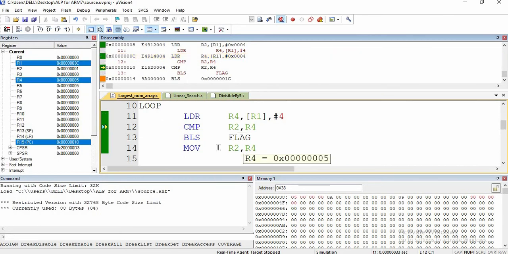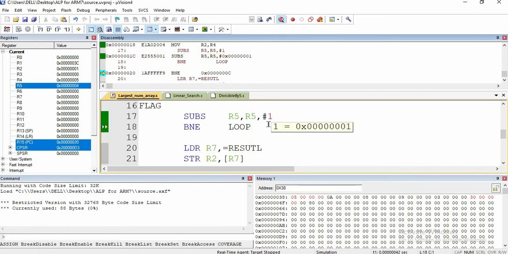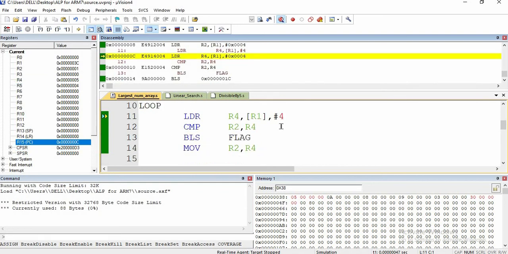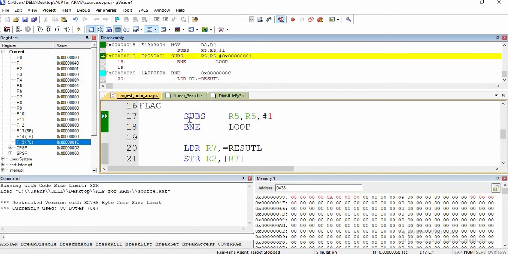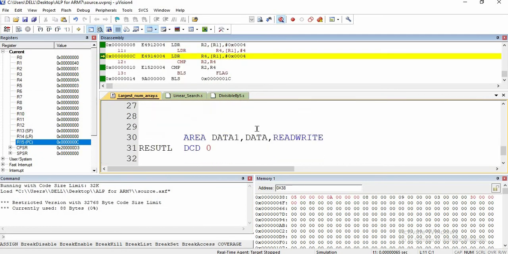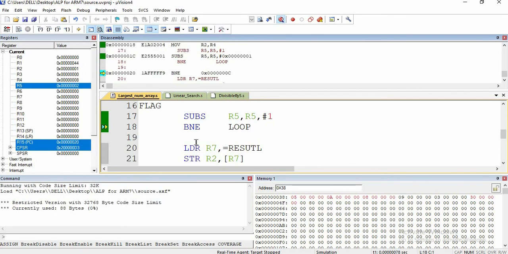Now again the comparison happens between 1 and 5. Since 1 is less than 5, it will go to branch and decrement the counter and again loop back. Now this time 10 is loaded, so 1 is less than 10, so it goes to branch and decrement R5 and loops back. Now 8 is loaded, it is compared, branched and again loop back.